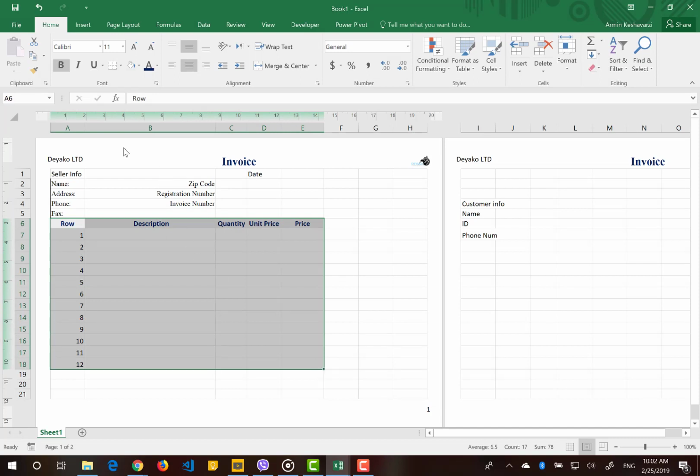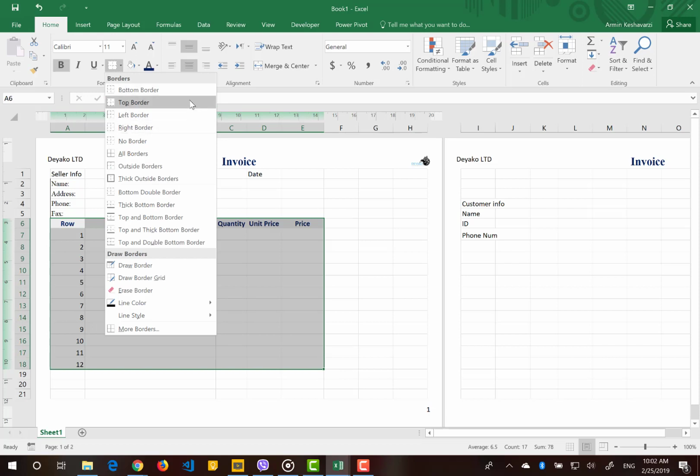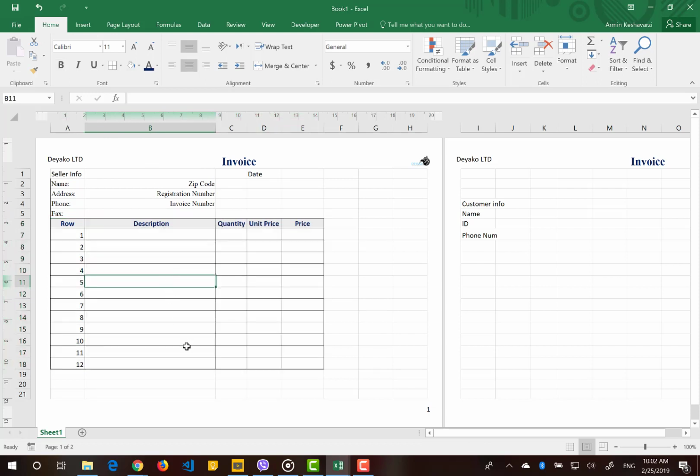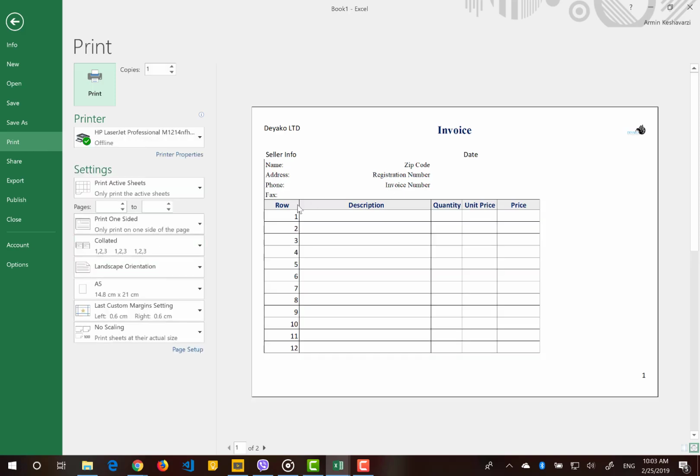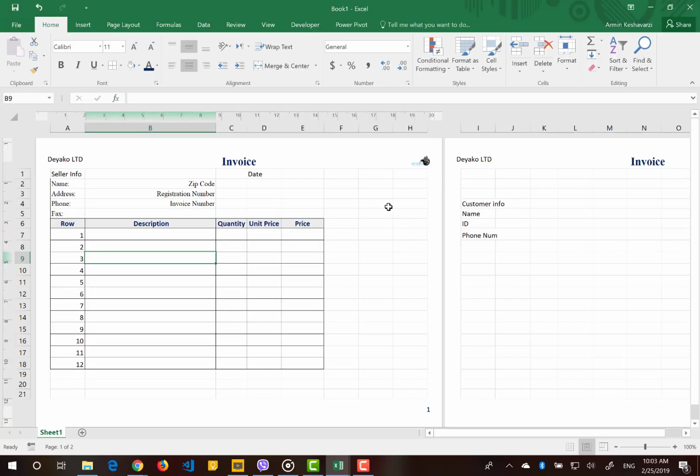I want to place the border for my cells. If I come here, I can place the borders. I want to make them all borders. You have to notice that the light gray borders will not be printed in the cells. If you go to the print view, for example, by using Ctrl P, you can see just these borders can be printed right now, and the other borders, which are the light gray, are not